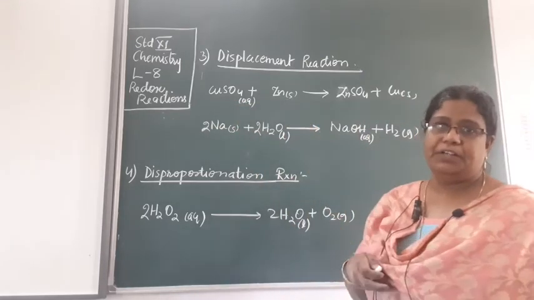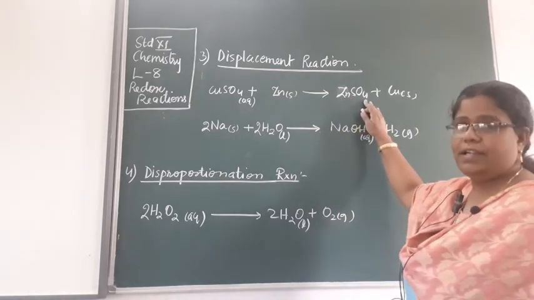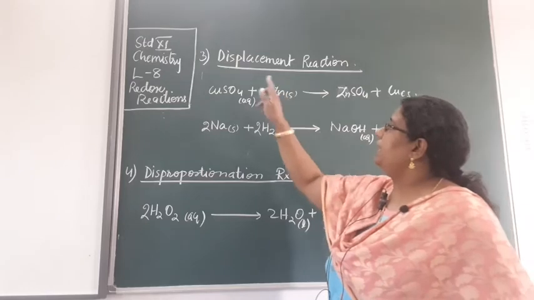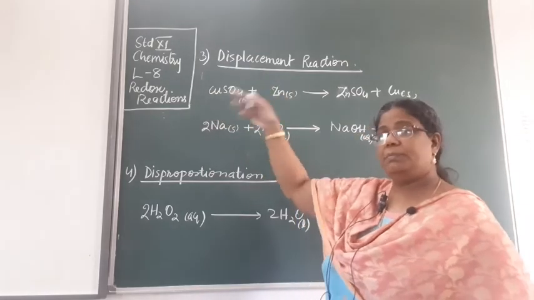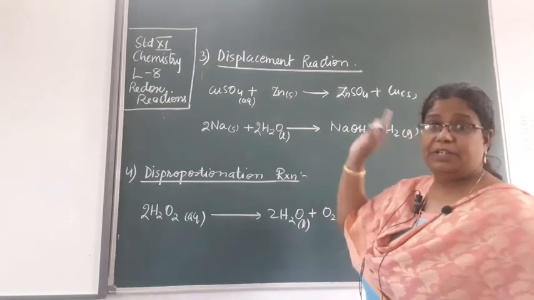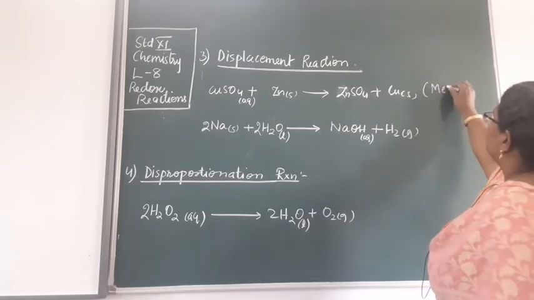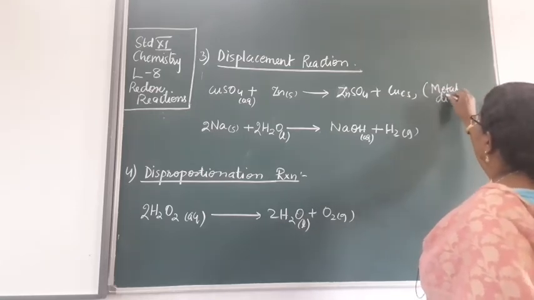By an active metal, okay, and it forms what? ZnSO4. तो यहाँ पे एक मेटल को अपने सॉल्ट में से डिस्प्लेस किया गया है, ओके. So this is metal displacement reaction, okay. अगर तुम इसको एक स्पेसिफिक नाम देना चाहोगे तो it will be metal displacement